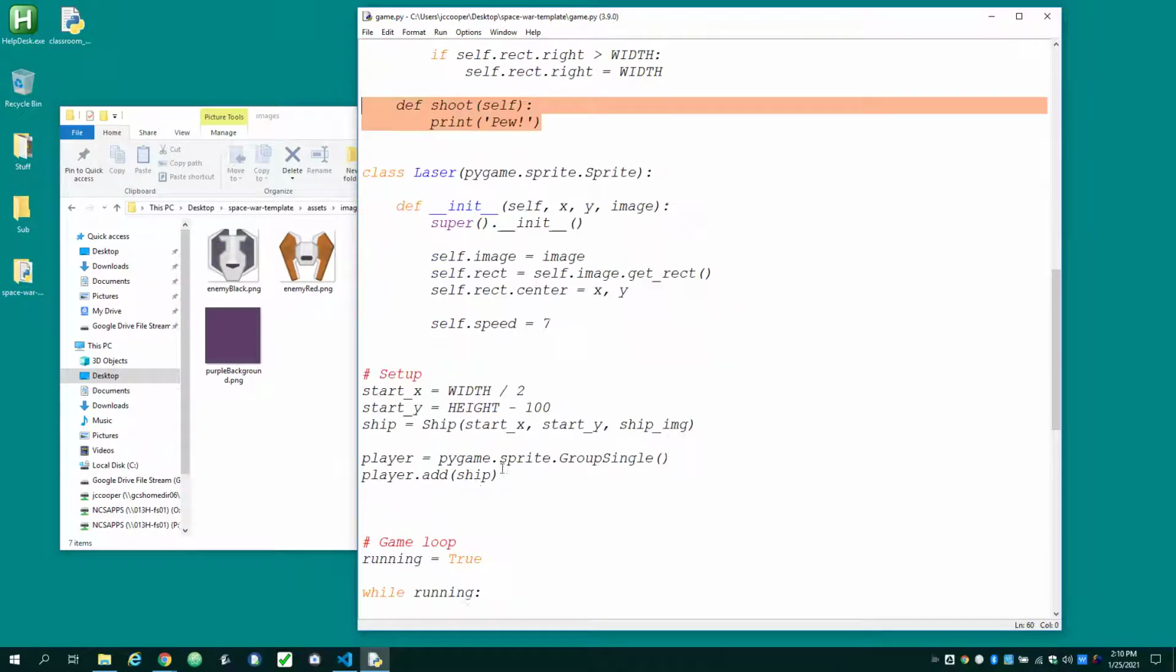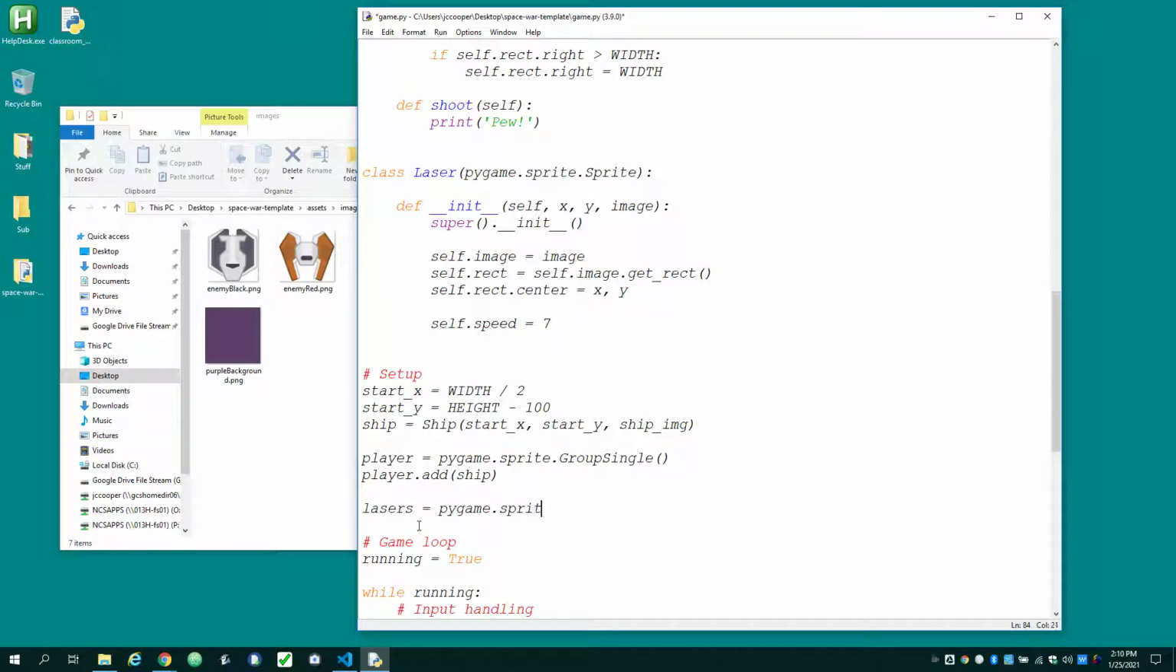So we still need a sprite group. And so I'm going to make my lasers group, lasers equals pygame.sprite.Group. And this time I'm saying group rather than group single, because I want this to be able to hold maybe dozens of lasers at a time, whereas the player, there's never going to be more than one ship in the game. So I made that a group single because it can hold one thing, and this can hold multiple things. All right, so now